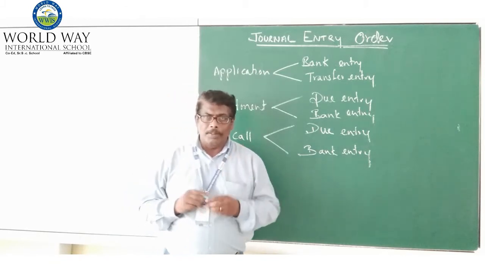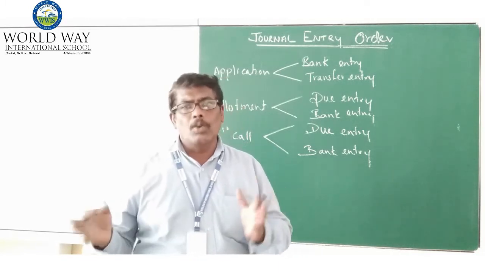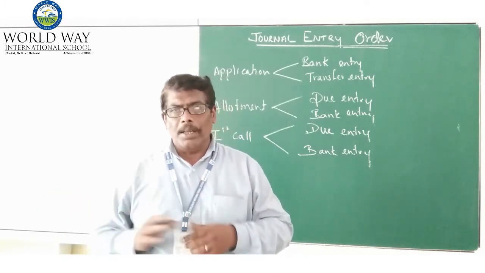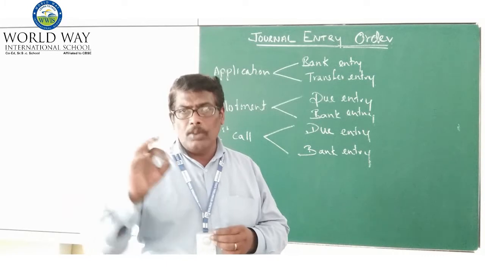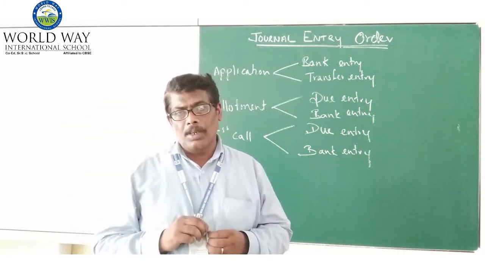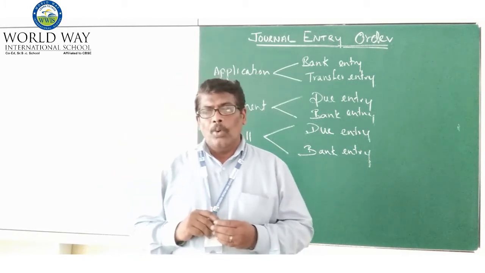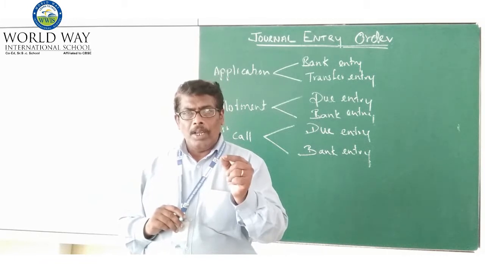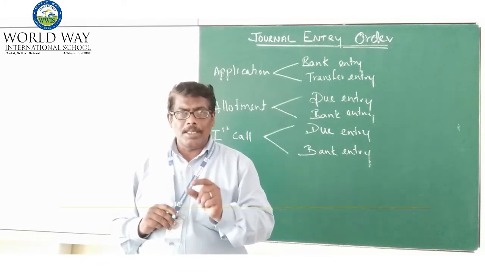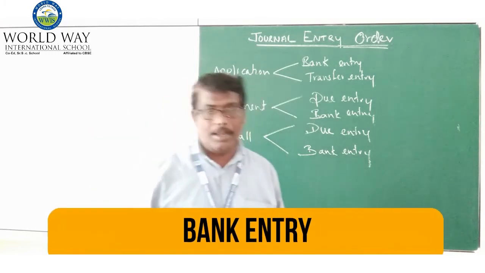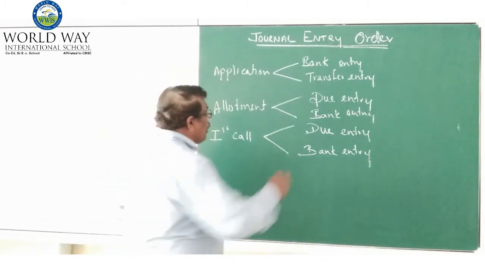check, it is just like a paper. There is no use for the company. How is the check converted into money? For this, we have to send the check to the concerned bank, the banker of the company. So the first entry that is passed in the company's books is the bank entry, because the bank receives the check. First of all, the bank receives the check, that's why the bank entry comes first.